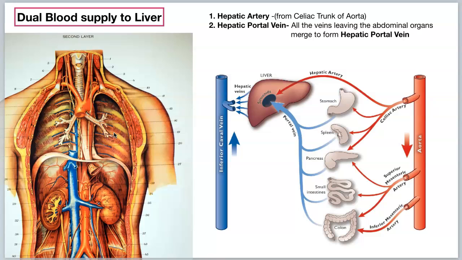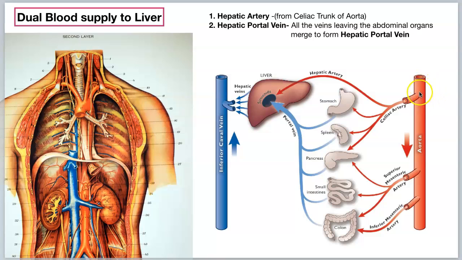So we said that the liver was a bloody organ. It's really dark brown red. That's because there's lots of blood flowing to it. It has a dual blood supply. There are two sources of blood going into the liver. The first one you already know about. We have our celiac trunk coming off of our abdominal aorta, and one of the branches of the celiac trunk was the hepatic artery. So that is going to be taking